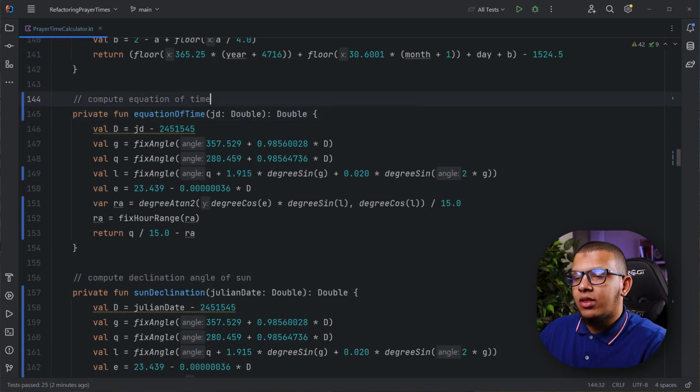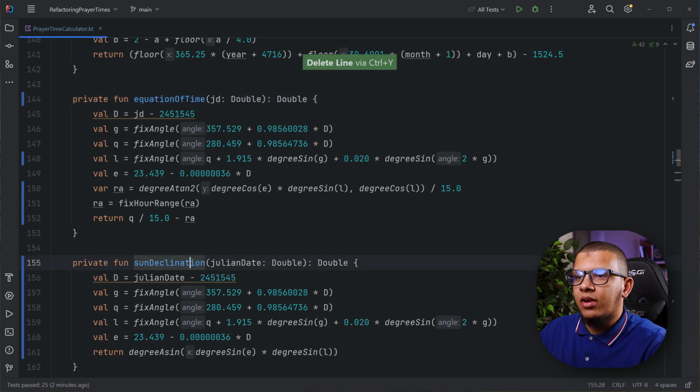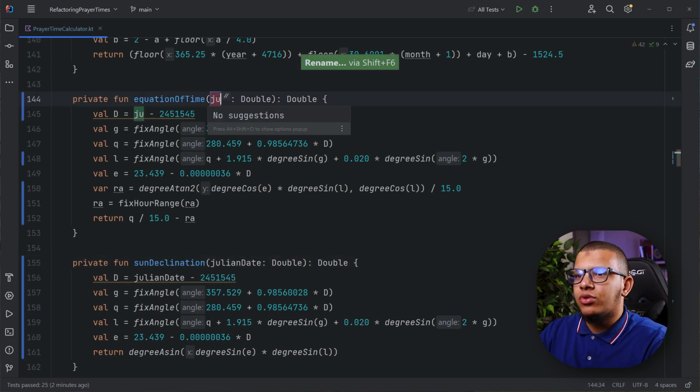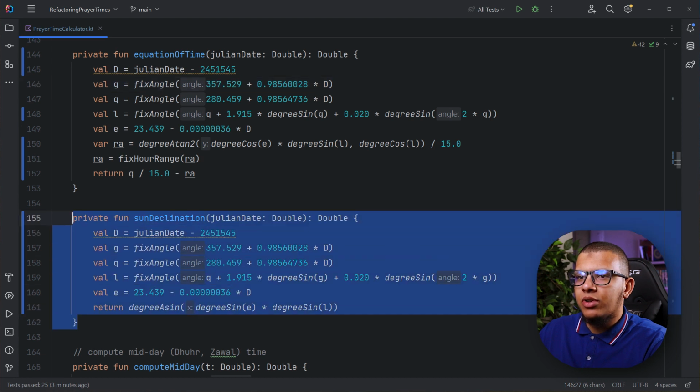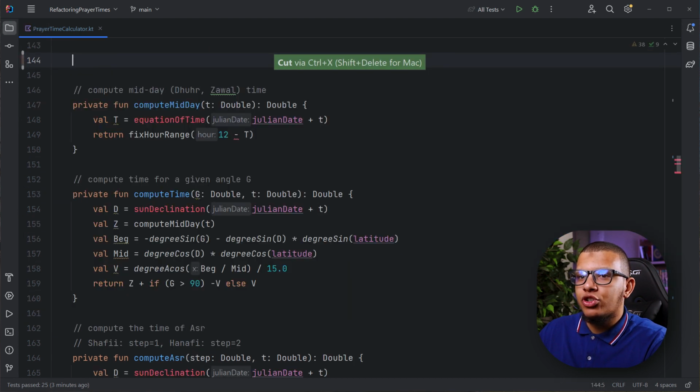So here we can delete those comments. They don't mean anything right now. And then I can rename this to Julian date, like the following. And I believe there are a lot of numbers here that we don't understand. So what I'm going to do is extract these two functions into top level functions